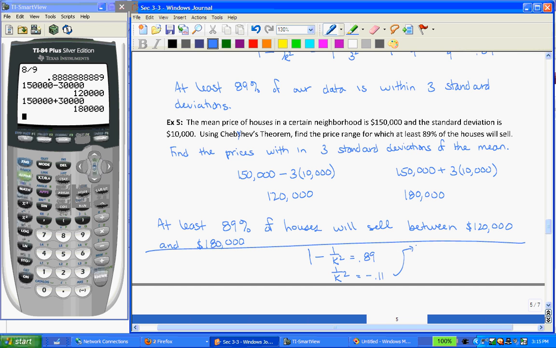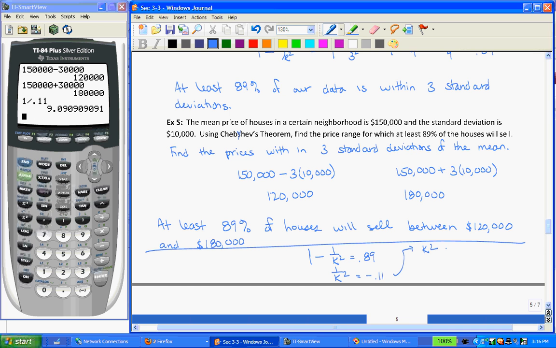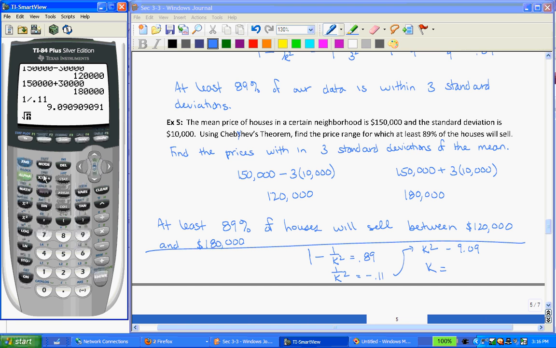then take the reciprocal of both sides, and this is where I'd want to carry as many decimal places as possible in my calculator, and then take the square root, and there we get something pretty close to the 3 that we knew was coming anyway. So if it's not something really obvious like that 89%, you can also